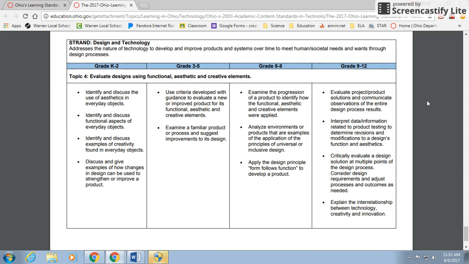Topic 4 is evaluate designs and using functional and aesthetic creative elements. Teachers were already a creative bunch, so having that be onto the students, and just not discussing how technology is involved in their everyday lives, but